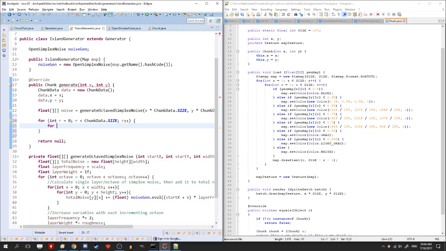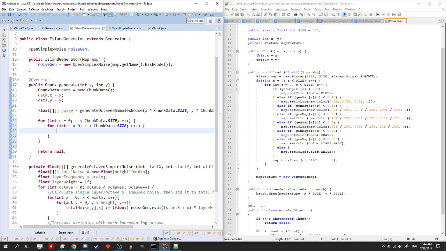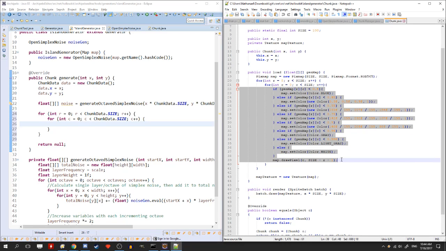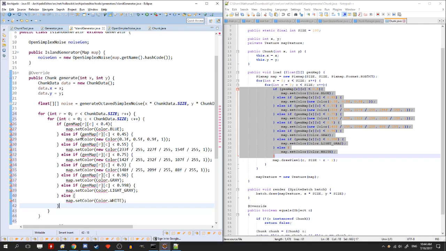For int c is equal to 0, c is less than chunk data.size, c plus plus. Okay. So I'm just copying this in. It's obviously not going to work, but